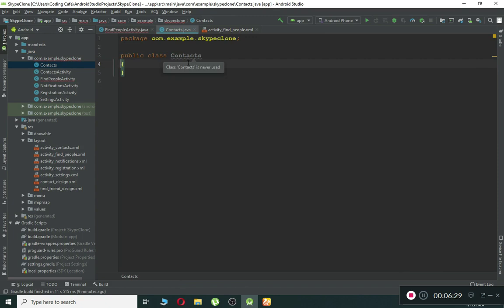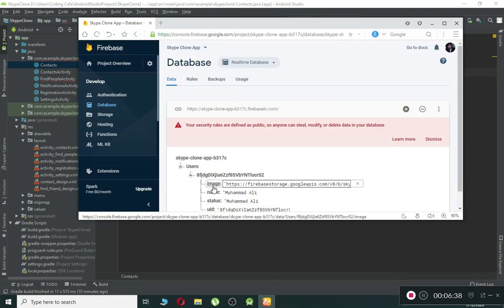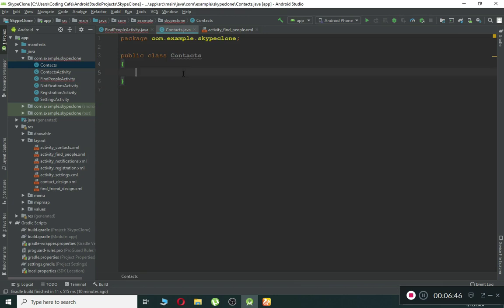Now here what we need to do is to basically write all the fields which our user contains for a specific user, that is the image, name, status, uid. You must write exactly these spellings. So name, status, image and uid. Let's just do that. String name, we have image,